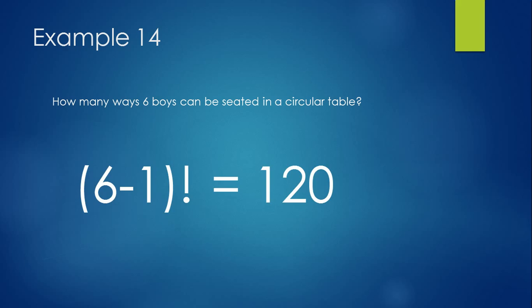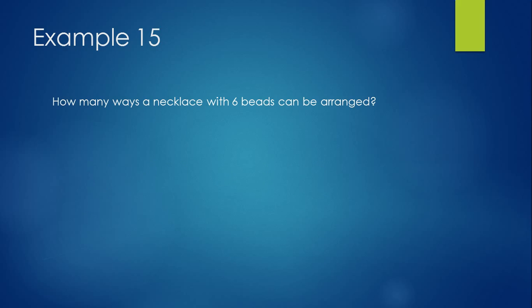Here's another example. How many ways can a necklace with 6 beads be arranged? This case is different because when you rearrange the beads in clockwise arrangement, there is no difference with the counterclockwise. So in this case, the solution will be quantity 6 minus 1 factorial over 2, which is equal to